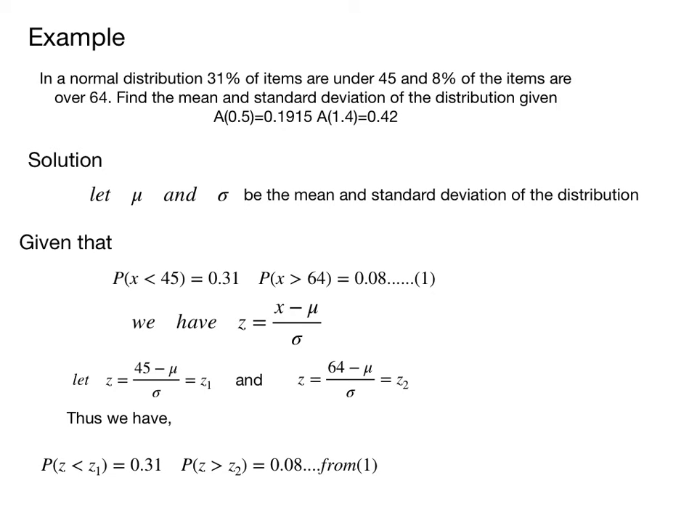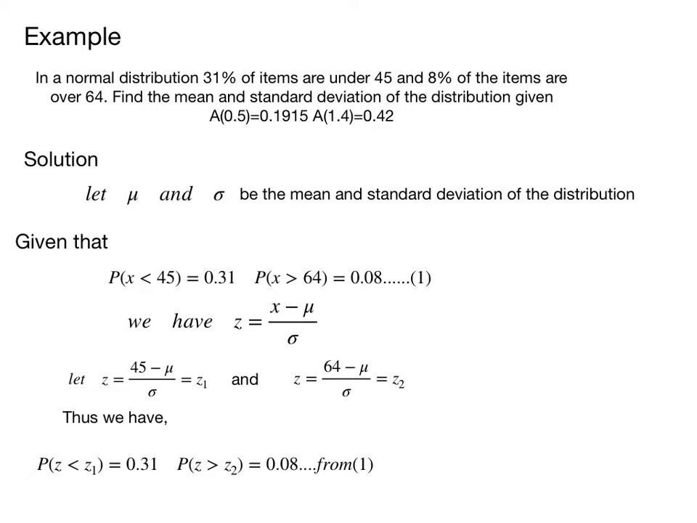That is, if I assume x to be the random variable, P of x less than 45 is 31%, and it's given that 8% of items are over. Over means it is more. So we have P of x greater than 64 is 8%, that is equal to 0.08. Now we'll use the standard normal variate z is equal to x minus mu upon sigma,